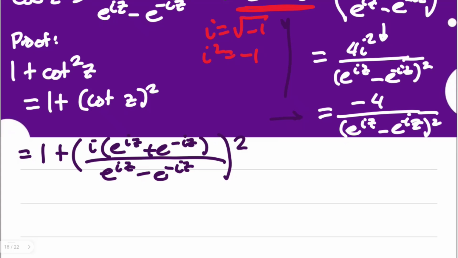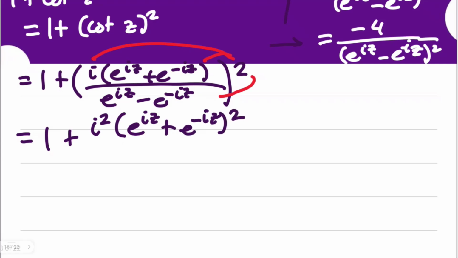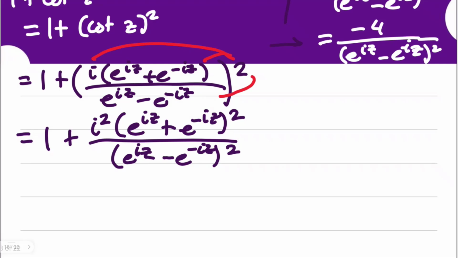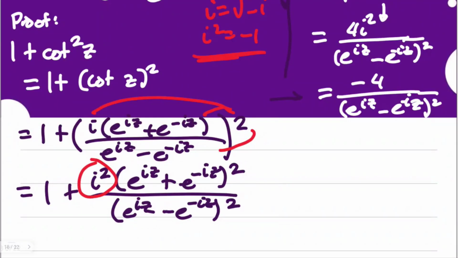So similarly, we're going to use here the power law, share to all the terms there. So what will happen for the next step is simply 1 plus i squared. And you have here e to the power of iz plus e to the power of negative iz, square that, over our denominator e to the power of iz minus e to the power of negative iz squared. Okay, so we're going to express i squared here as this equivalent. So we're going to express it in that manner,